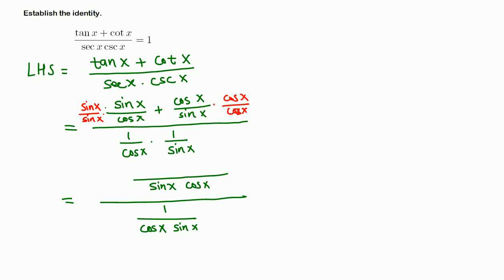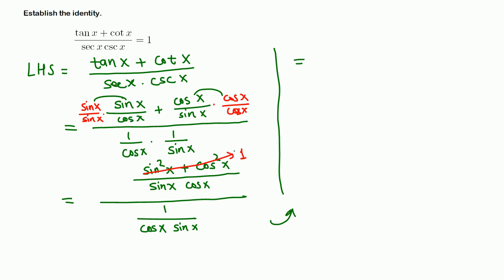On the top, sine times sine is sine squared x plus cosine squared x. And at the same time we know the fact that sine squared plus cosine squared is 1, so this whole thing is in fact 1. Okay, so let me go over here. So this complex fraction is now 1 over